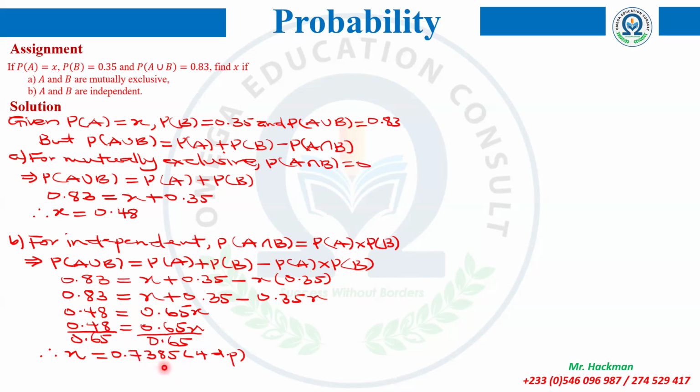In actual fact, the exact value is a whole lot. So definitely you have to approximate. The exact value of your X will be 0.73846153, a whole lot. So you know that definitely you cannot write the whole of what you have there. So you have to approximate. However, when you are approximating, the first approximation must be 4dp,